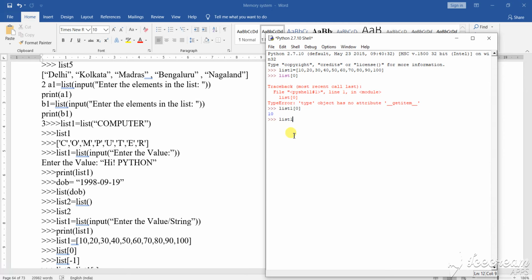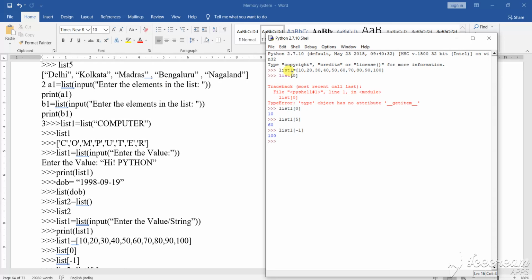Now suppose list 1, fifth place. In the fifth place, 60 is there. Now suppose I want to print list 1 with -1. -1 means 100.